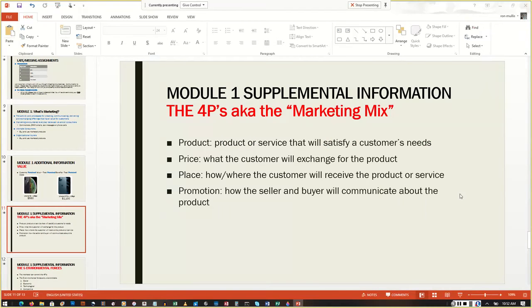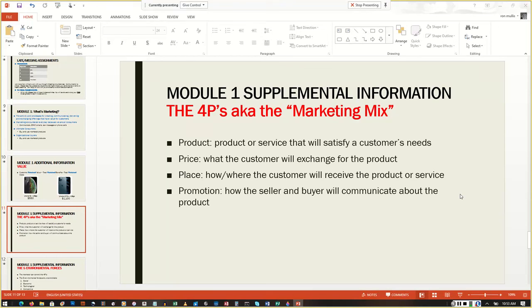All right, so the 4 P's of marketing is the foundational model of marketing that outlines the marketing tools needed to pursue an objective for the target market. The 4 P's are product, price, promotion, and place. This is also known as the marketing mix. So either you'll hear me say the 4 P's or you might hear me say the marketing mix throughout the semester. Just know that those two terms are interchangeable.